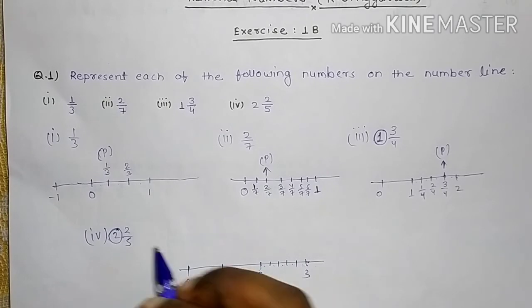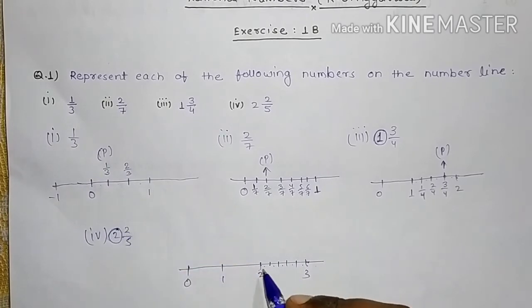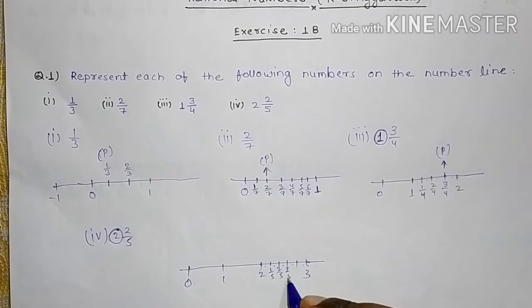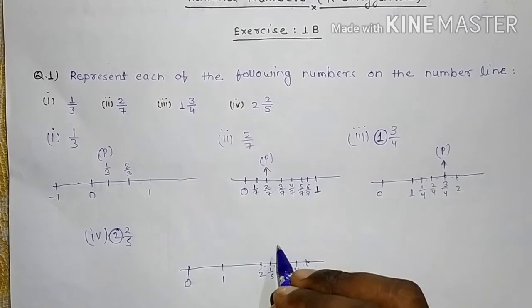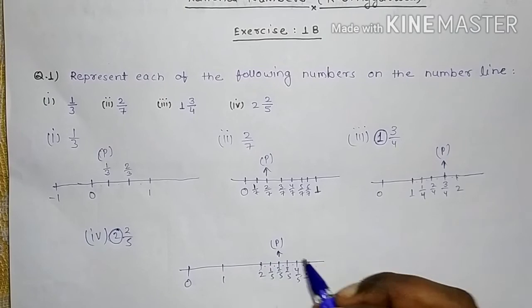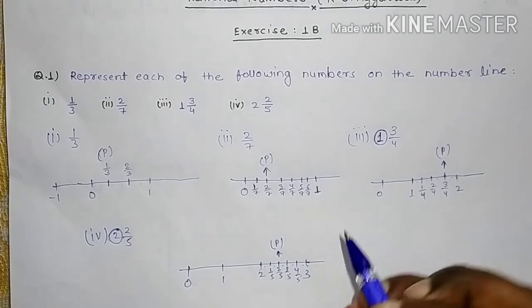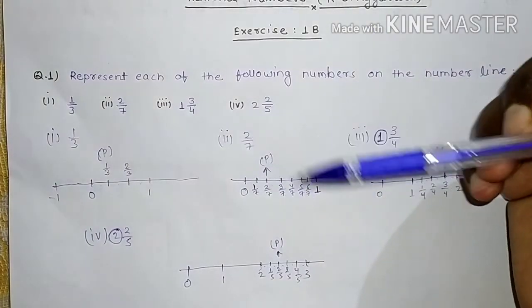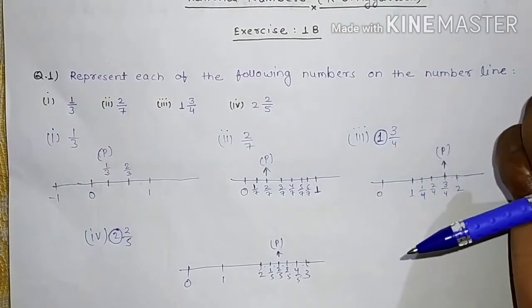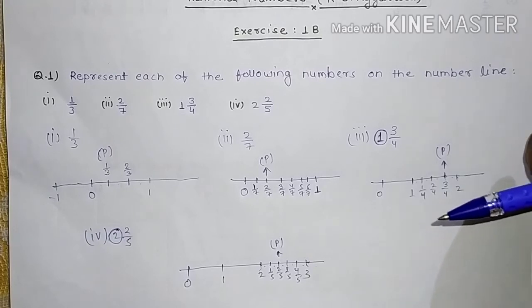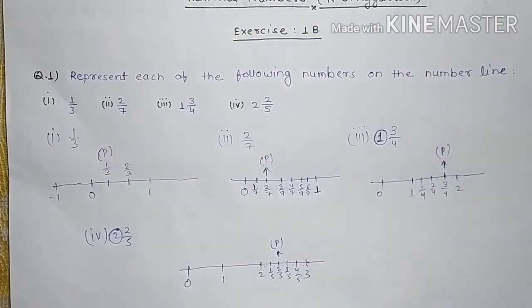Now the numerator is 2 here, so just move from 2: that is 1 by 5, 2 by 5, 3 by 5 and 4 by 5. Now this point 2 by 5, let's suppose this point is P, which shows 2 by 5. So this is the complete explanation of question number 1, how to show positive numbers on the number line. Now the next question,